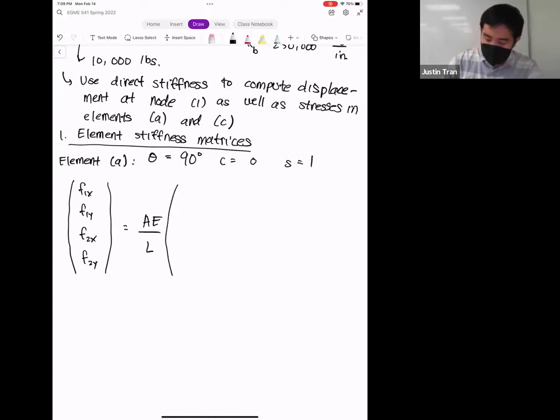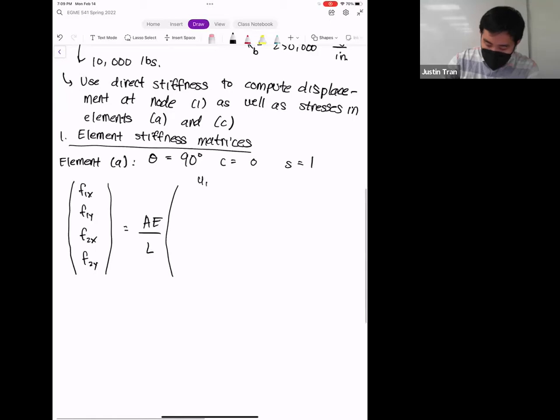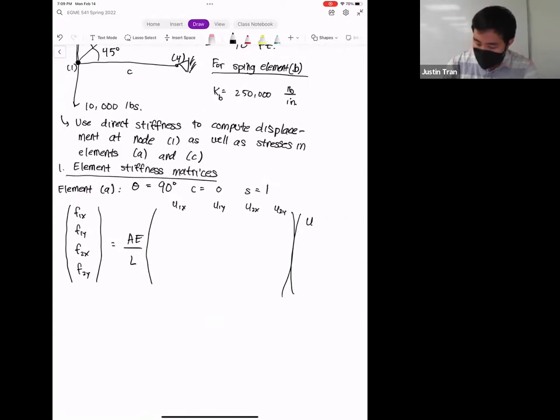Okay. Multiplied by, and I'm going to go ahead and mark the columns. So U1x, U1y, U2x, U2y. Okay. And it's going to be multiplied by U1x, U1y, U2x, U2y. Okay. All right. And so from here, we're going to go ahead and write in our element stiffness matrix. Okay. So I'm gonna write down kind of the general form here just once, and then I'm just gonna kind of fill in the values after that. Okay. And so based on the transformation matrices that we talked about last Wednesday,